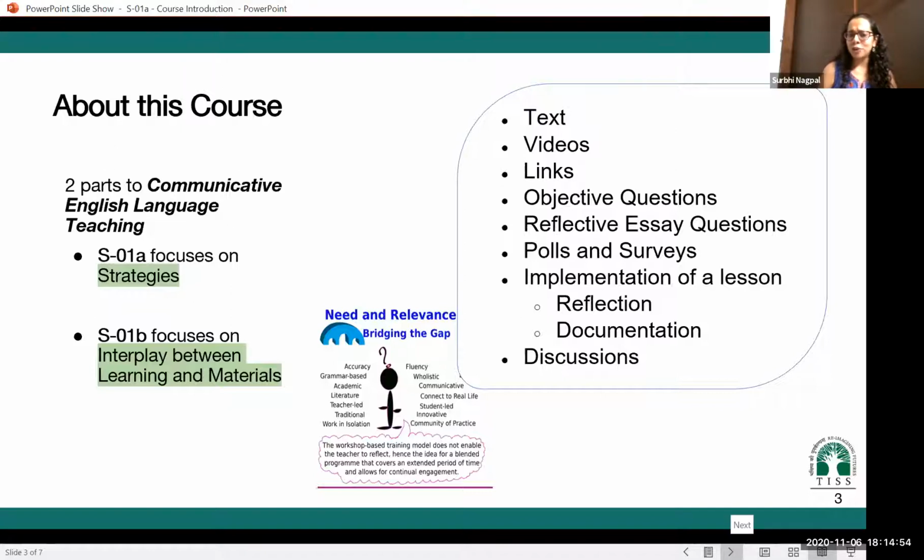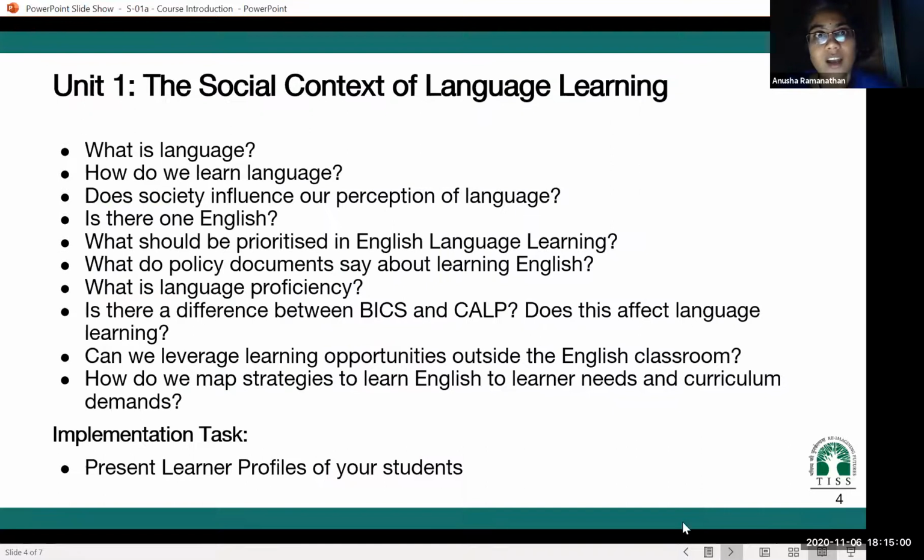Anusha, would you like to talk to them about these two units that I have just mentioned? Yes, definitely. What we have is the first one, which is the social context of language teaching. And these are definitely dealing with all the discussions that we just had, which is how does society deal with language and how does language affect society? Is there only one English?